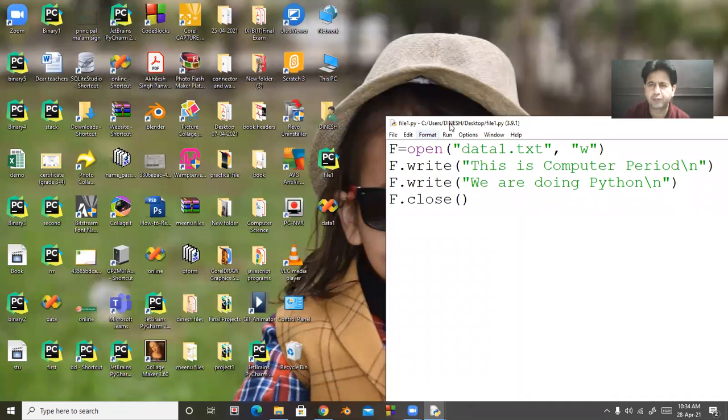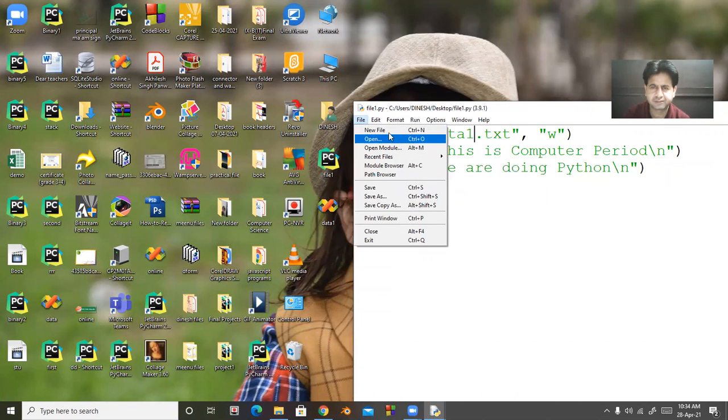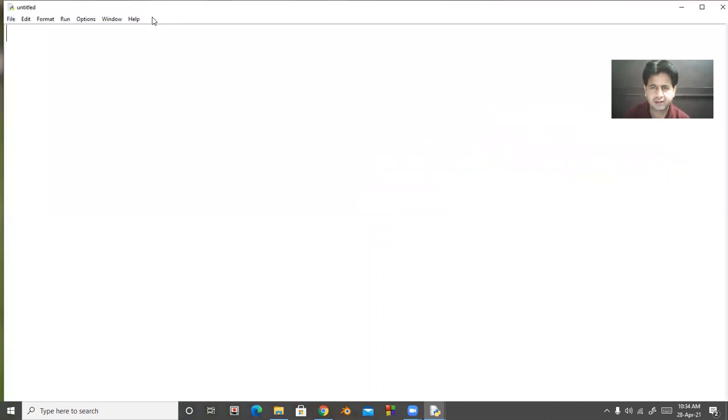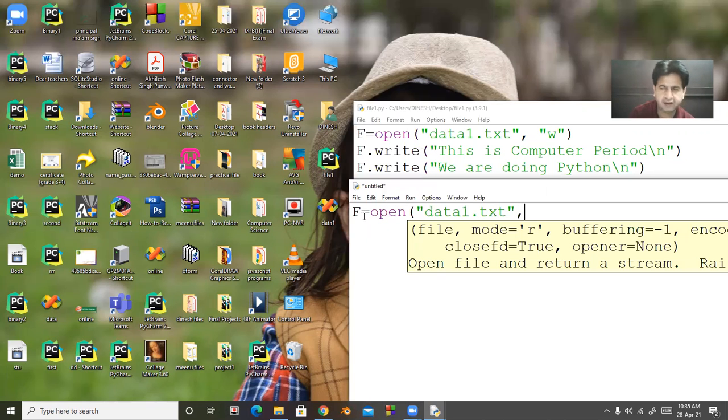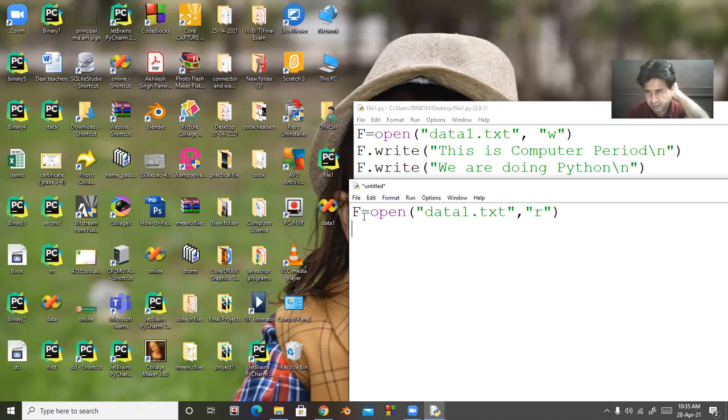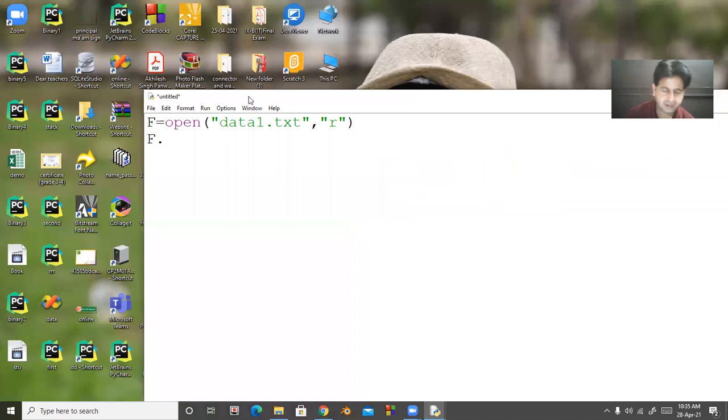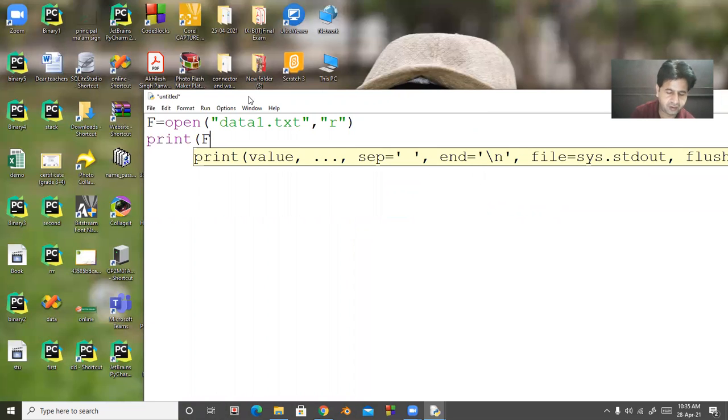Now I'm going to make another program. I open the file data1.txt in reading mode. Now I use print f.tell().